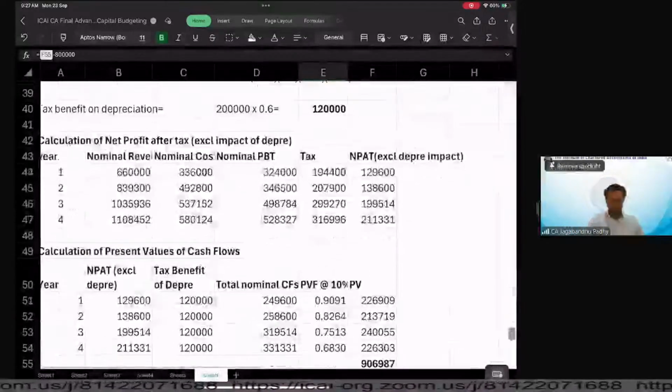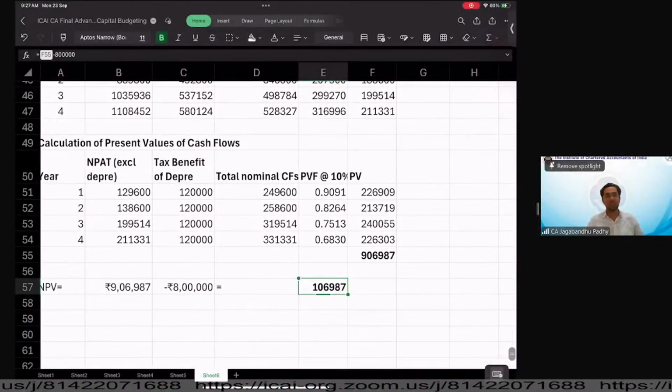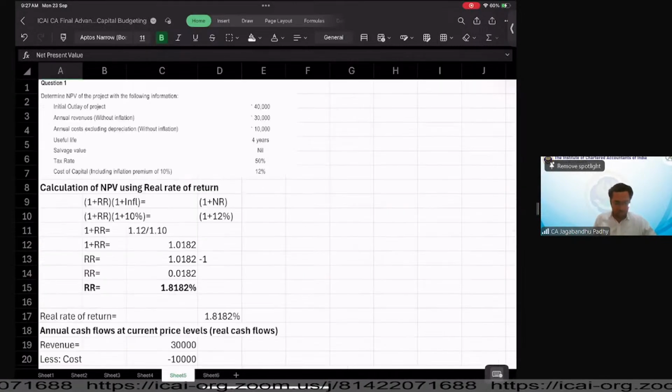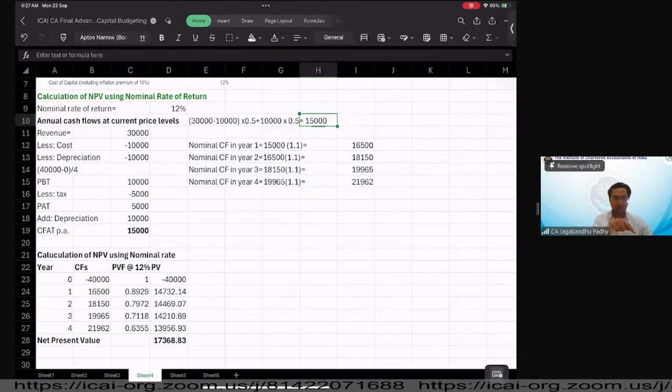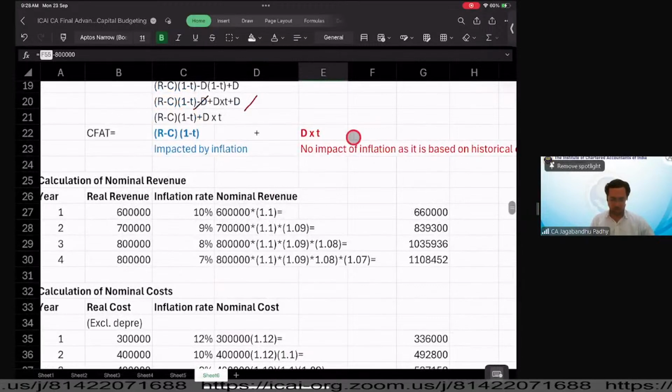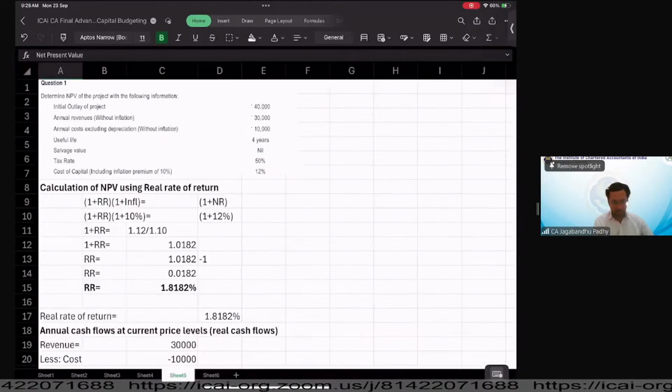Okay. So I hope we are clear till now. The inflation adjustment factor. So one task for you guys, an assignment or homework or whatever you say. The previous question, that is question number 1, that we did using the nominal cash flows. What you should be ideally looking at is the nominal rate. I want you to revise this entire solution, right? By taking the impact of that concept that we did right now. And then revise the solution, and see if both of them are matching or not.